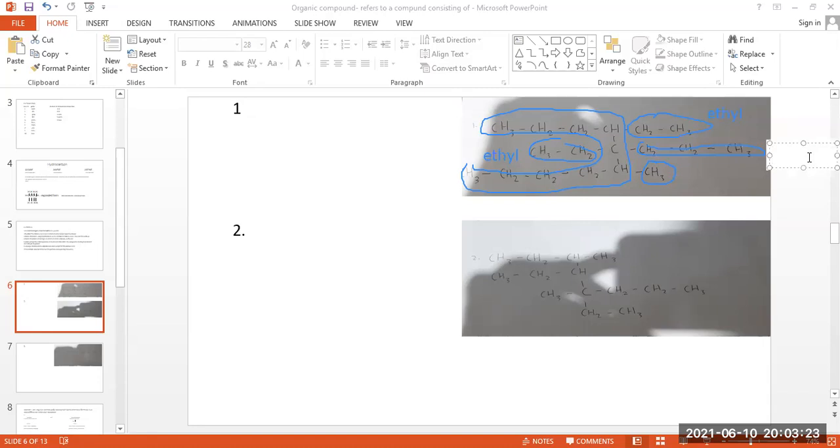This one is propyl. And this one, only one, and we name this methyl. Okay. So we name this as